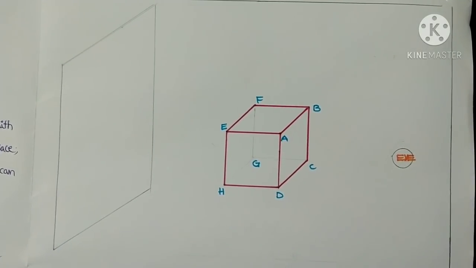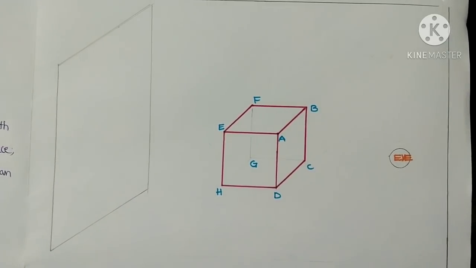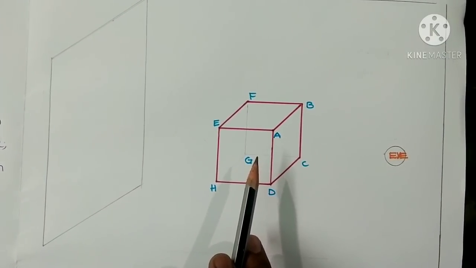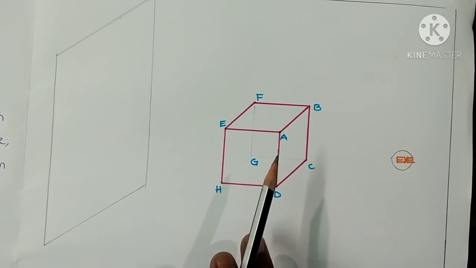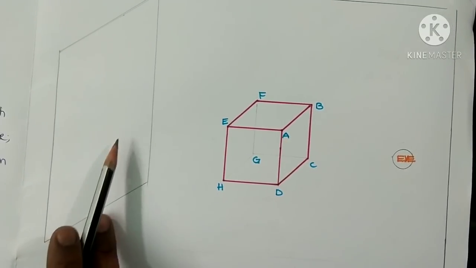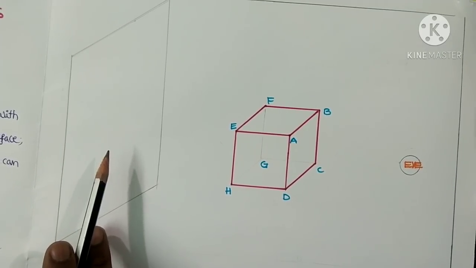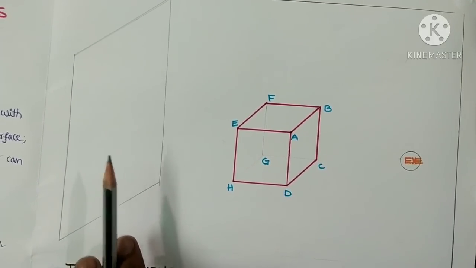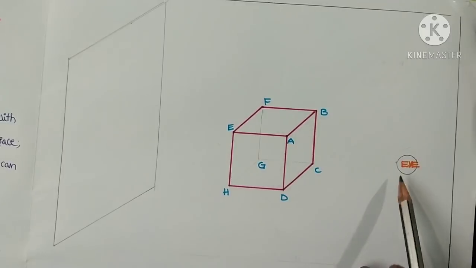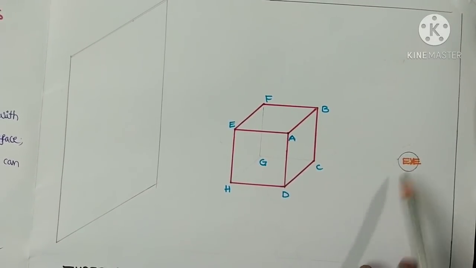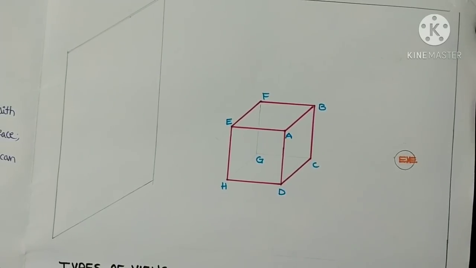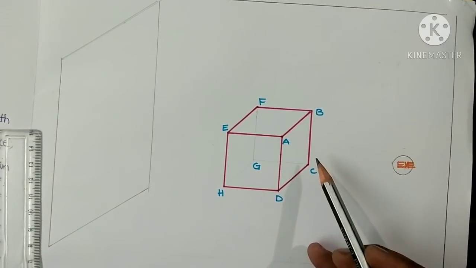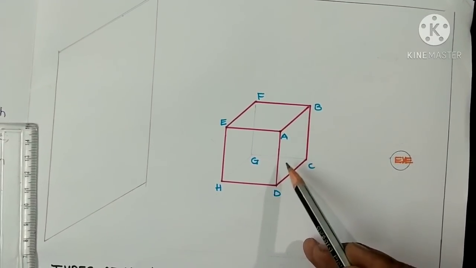Now we can see the principle of orthographic projections. Here this is our object, and for the purpose of constructing the projections of any object, we need a principal plane surface. This one is the principal plane, or plane of projection, both are the same, and since it looks vertical, this plane is called the vertical plane. For the front view, suppose this is the position of the eye of the observer. The rays from the eye of the observer will meet various visible surface points of that particular object.